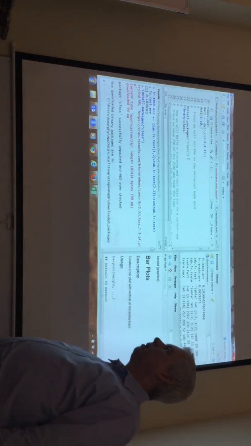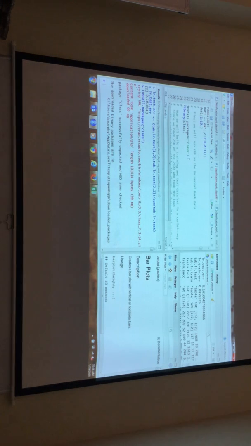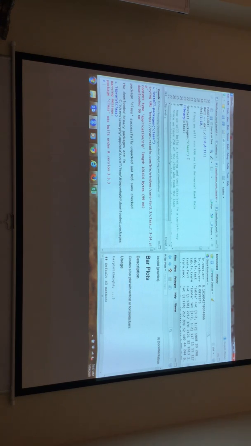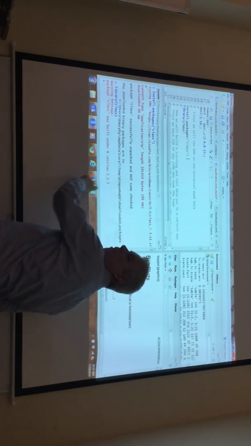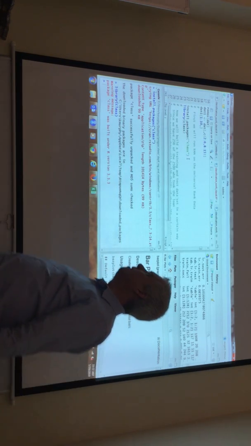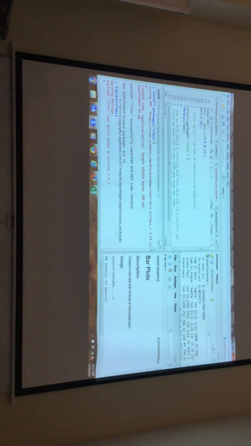That's the problem with the lab, by the way. The machines are locked down, so you can't install things like this. And then you have to do one more command to get it to work. Notice there's no quotes now, right? You do one more command, and all it's doing is warning me that the library was built with a different version of R than I'm currently using, but it doesn't have anything to do with it, okay? All right, so then,